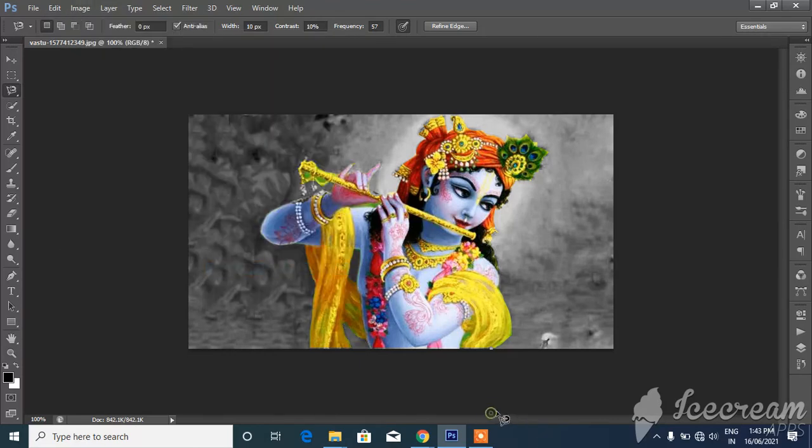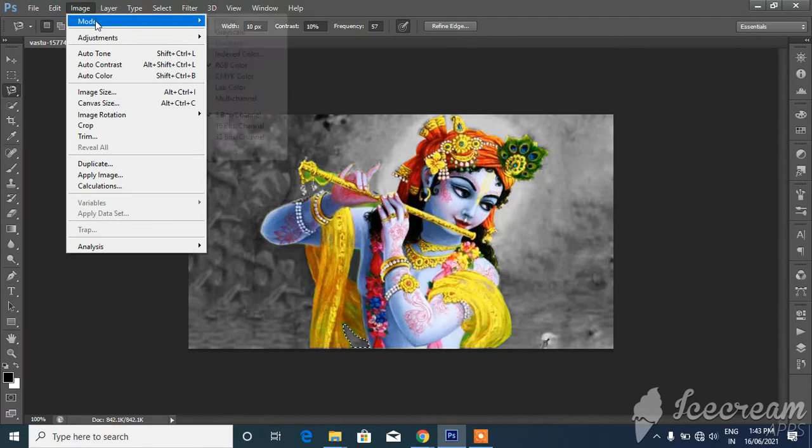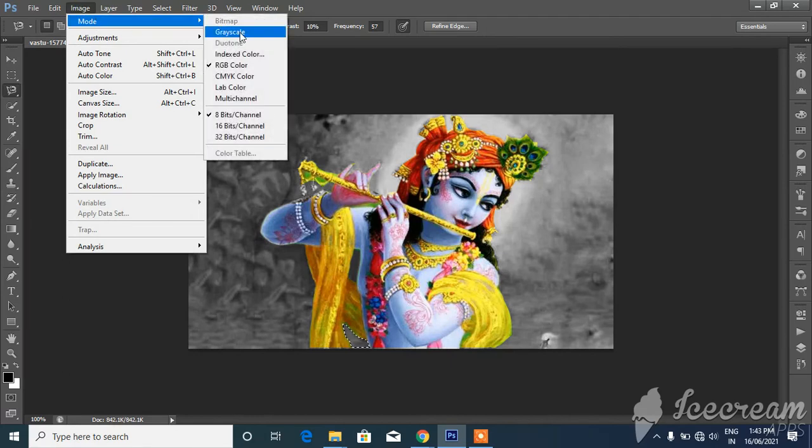There is one more option available which can convert the image into black and white, that is grayscale. But the difference between desaturate and grayscale is that grayscale will convert the entire image into black and white, whereas desaturate will